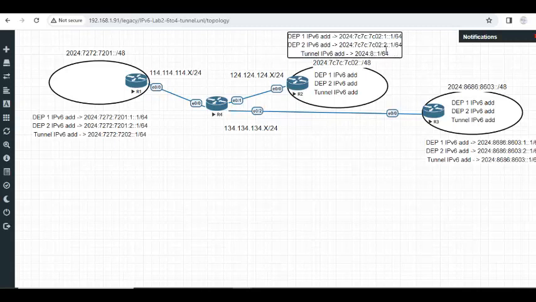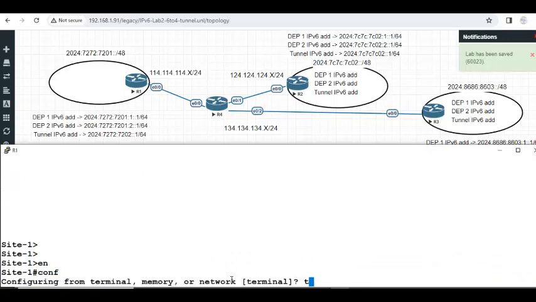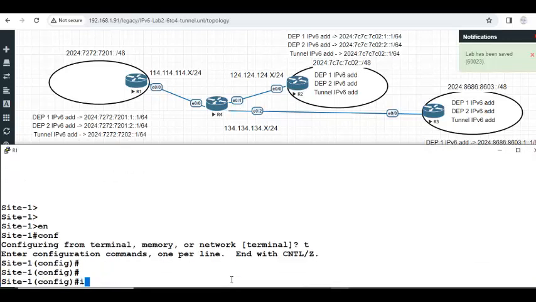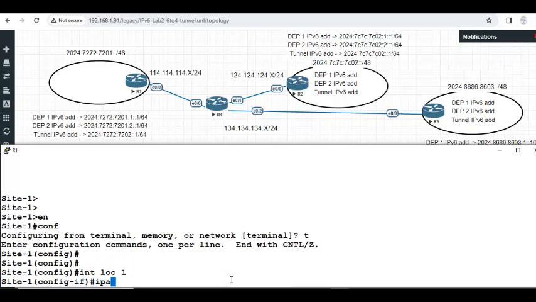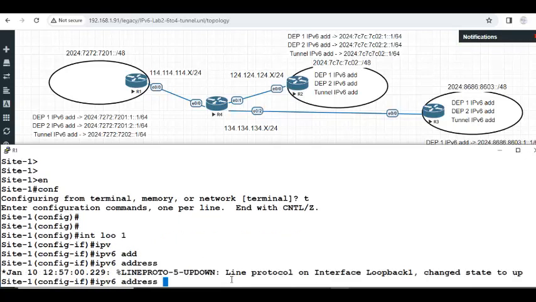Okay, now planning is done. Execution is what's left. I'm going to do it now. So to simulate two sites, I have loopbacks: interface loopback 1, IPv6 address 2000:2024:7C7C:7C01: